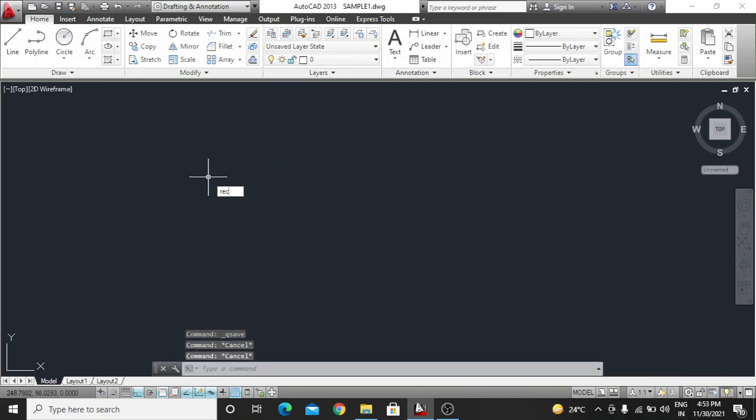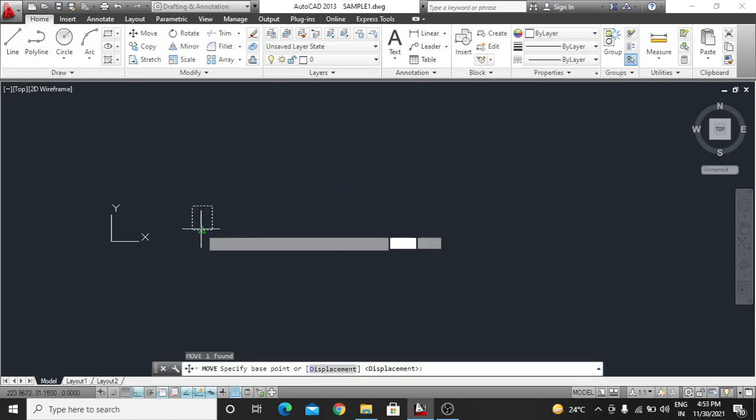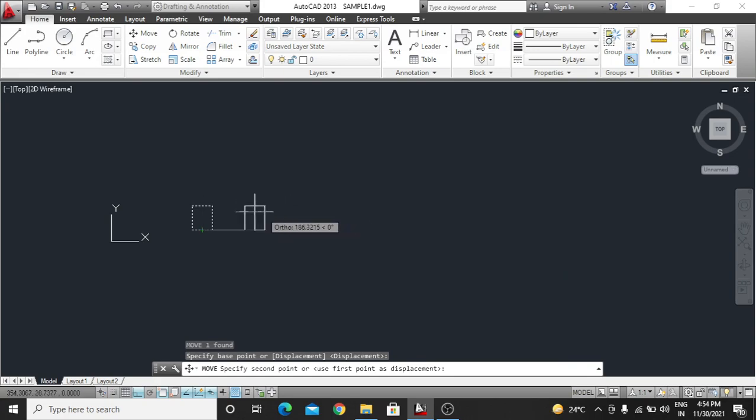Also in the move command you have to see one thing. If you are using the move command, so same as in the line command we have to close or open the incline system. So here what is this, we just use the F8 button.